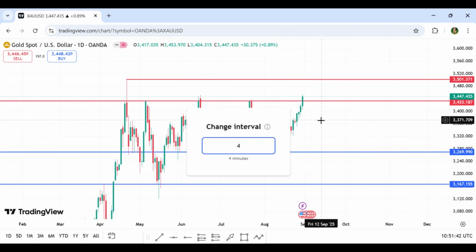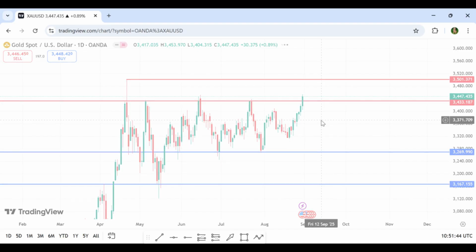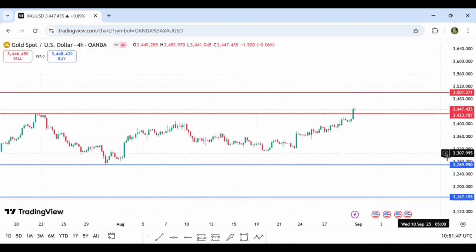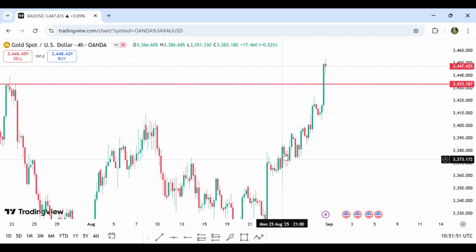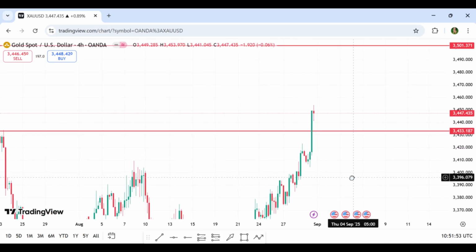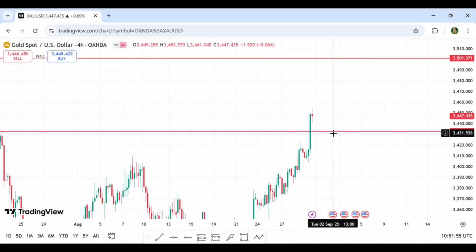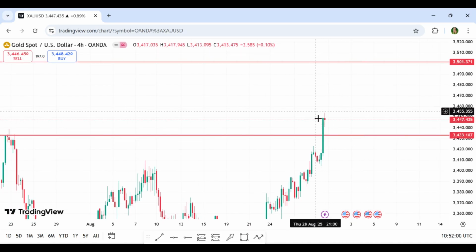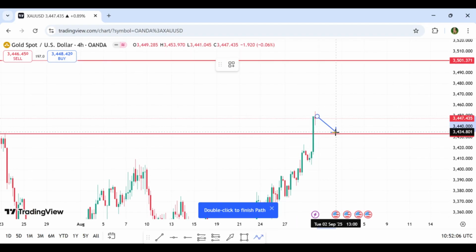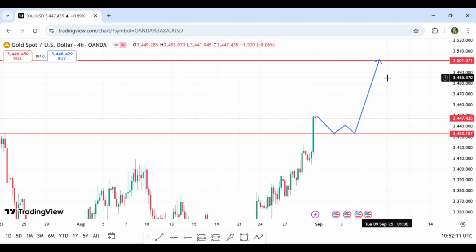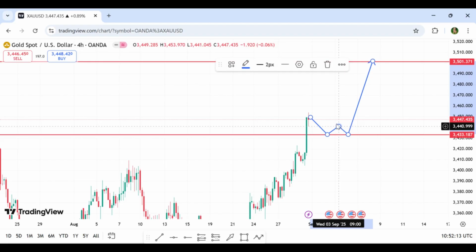Yeah. So we can go down to 4 hours and see clearly what is happening. In our 4-hour chart, we do not have a lot going on except for this rally, and then we had a break above our resistance line with a full body close or a huge volume. So that means the buying pressure was a bit high on Friday. So we can have a retest to our resistance, which stands as our support,